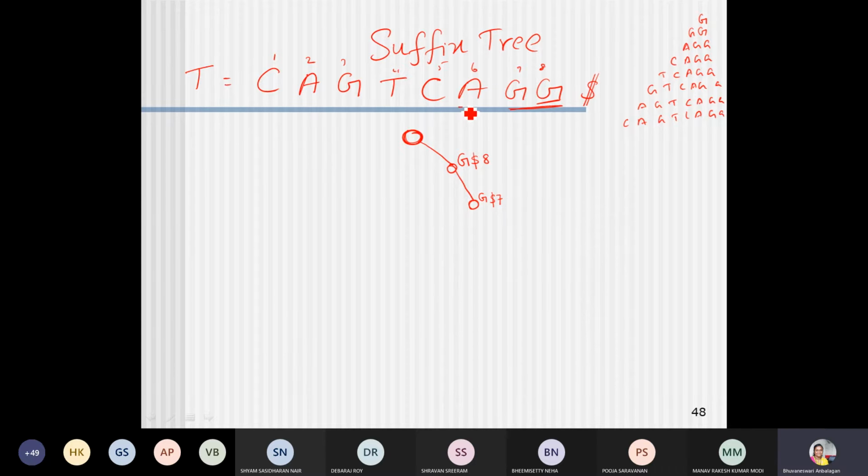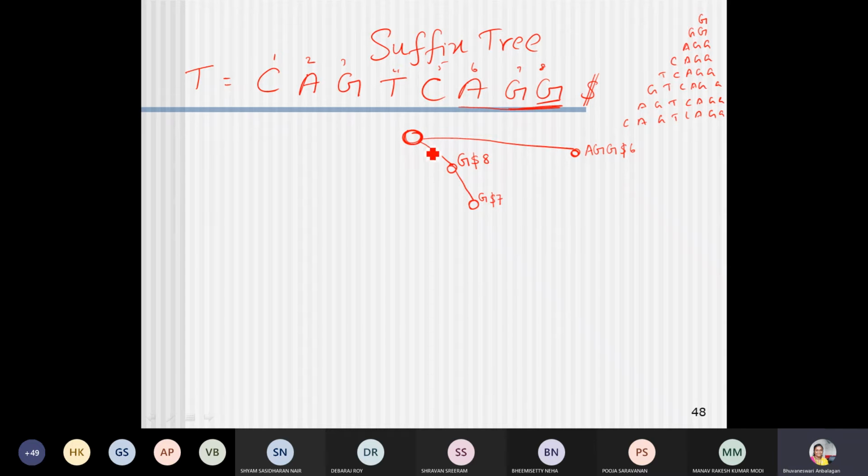Okay, next substring is AGG. Where I can have AGG, I don't have AGG. So instead what I will do is create a node separately for it. AGG, its number is 6. I'm giving the index for these numbers. It is available, its starting position is 6. Just for our inference we are giving this. Finally we will give the index value. This is a compressed form of a text.